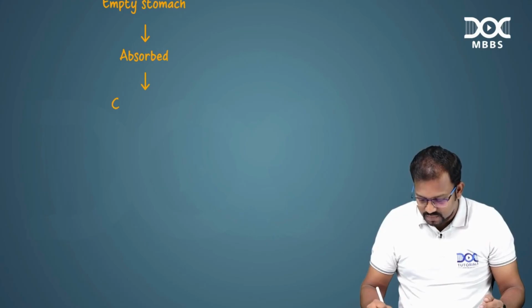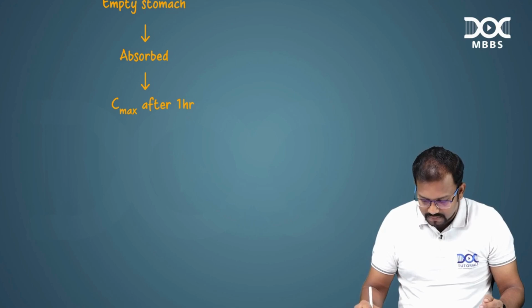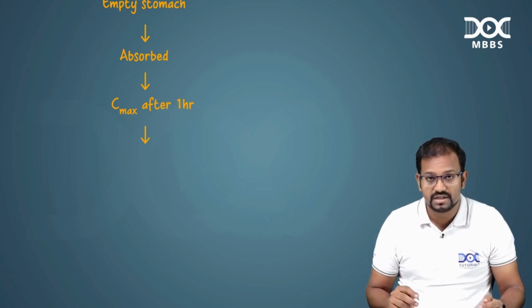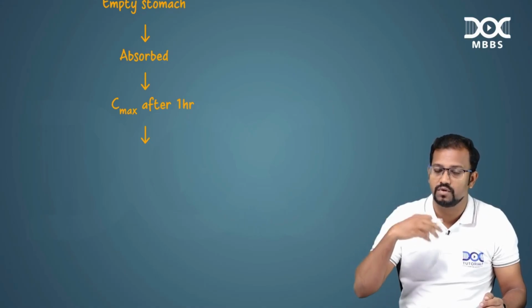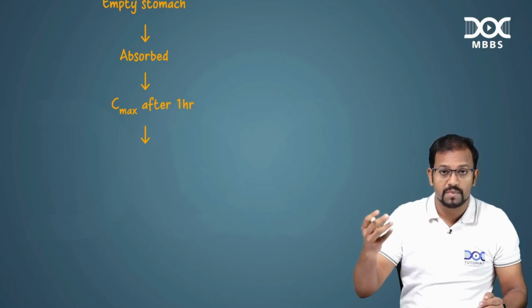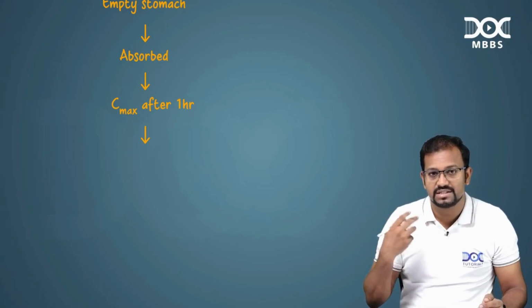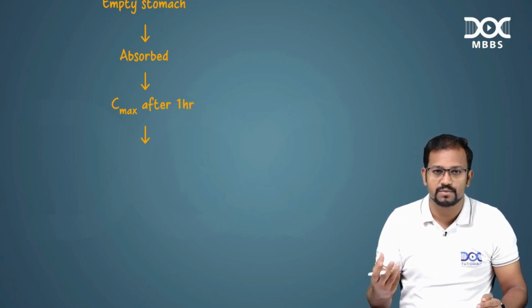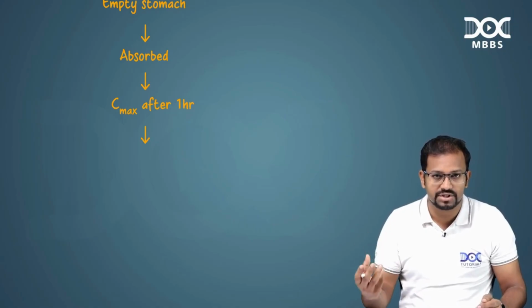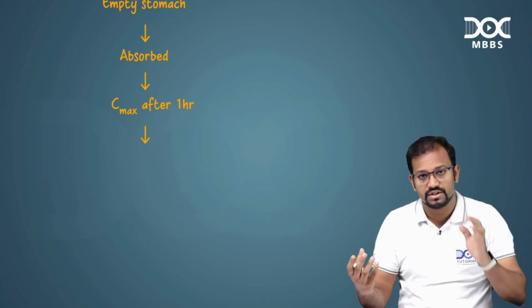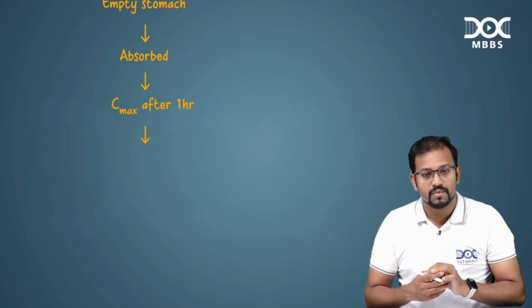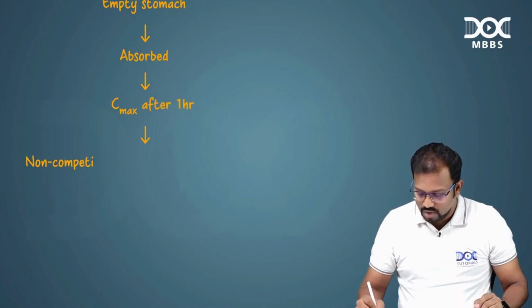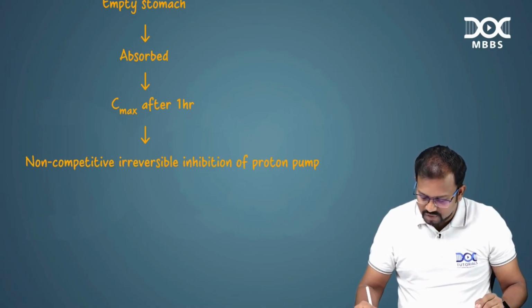So the Cmax will be attained after 1 hour. When you wait for half an hour to 1 hour and after that take food, the proton pumps will actively start secreting acids. That is, the proton pumps will be opening and start functioning, and when they start to function, this drug will bind with that proton pump and inhibit it. What type of inhibition is that? It's going to be a non-competitive, irreversible inhibition of the proton pumps,